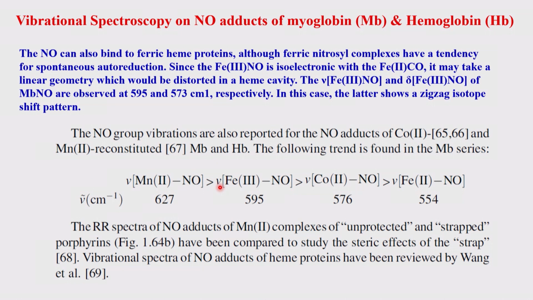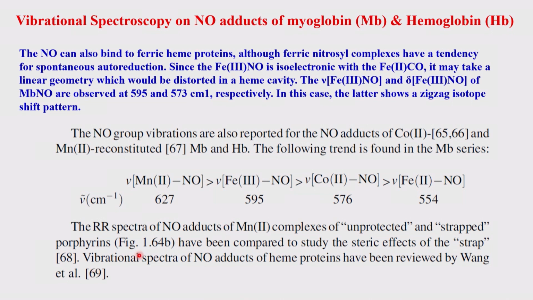Now if you look at the metal-bound NO stretching frequencies: manganese 627, iron 595, cobalt 576, and iron 2, which you can keep aside. If you compare manganese, iron, cobalt, this is the expected bonding order. We have seen earlier the bonding order of the metal-nitrogen bond coming from ethylene diamine. Here we are looking at the